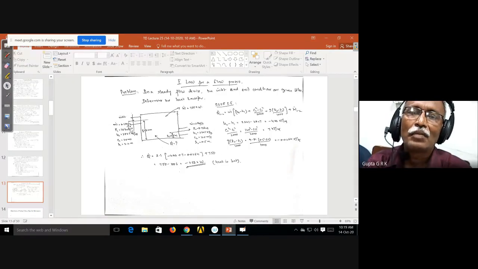If this is something like a compressor, where... no, it's not like W dot is positive. So work is done by the system. Maybe it is something like a turbine, so it is giving work. So W dot is used, and I have to be careful about the sign convention. Because work is done by the system, we have given it positive, and I have to find out Q dot 12. If it is a boiler, heat is added. If it is a condenser, heat is removed. If it is a compressor, work is given to the system. So you have to use that particular Q12 or W12 with the positive or negative sign convention, and then you can find out whatever is not given.